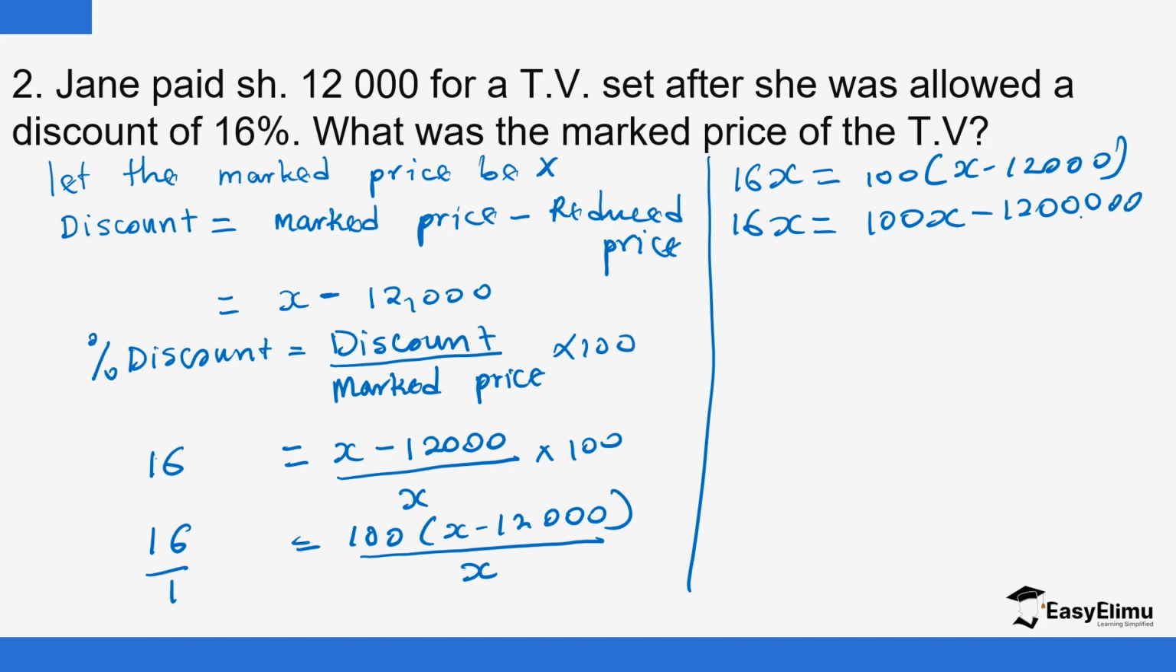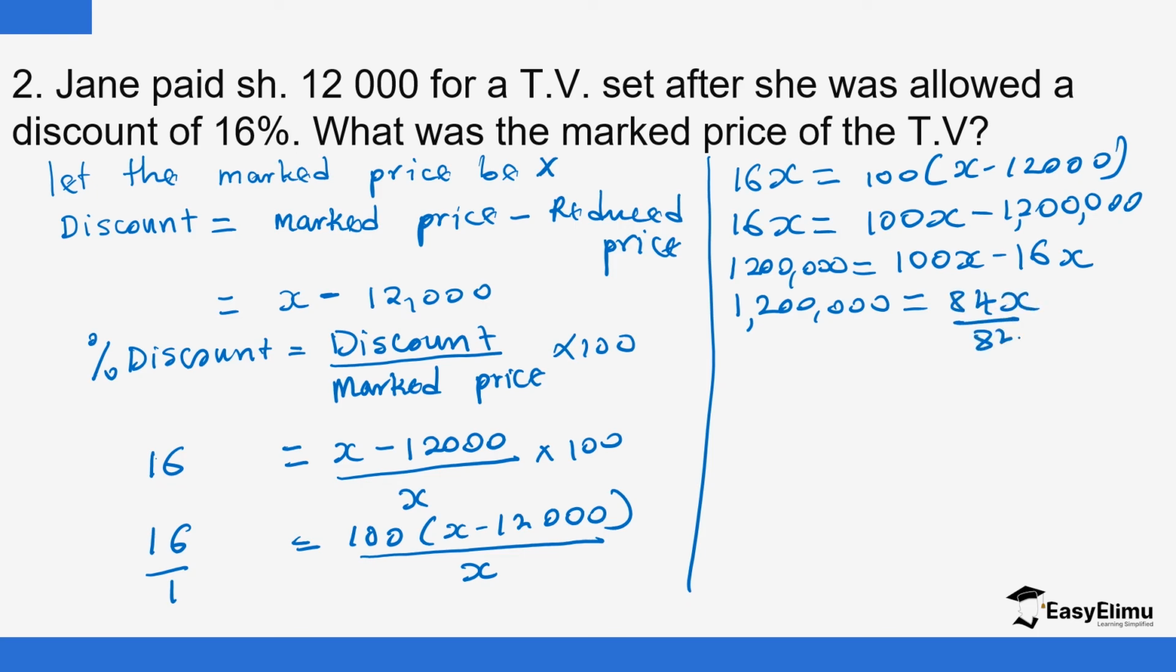You add the two zeros. So what is this equivalent to? This is 1,200,000. So 1,200,000 will come to this other side, and 16 goes to the other side. So we have 1,200,000 is equal to 100x minus 16x. So 1,200,000 should be equal to 84x. So we divide both sides by 84